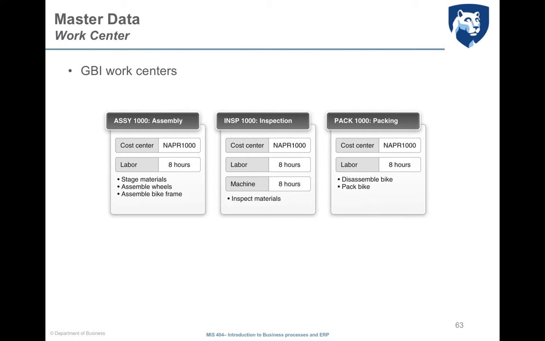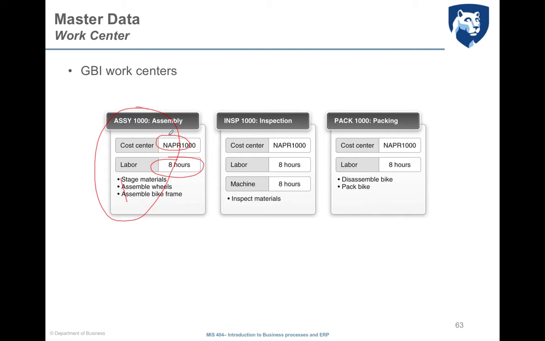This is the detail of GBI work center. For example, ASSY 1000 is the assembly work center. It has 8 hours of labor capacity, and labor is used to complete 3 operations. So stage materials, assemble wheels, and assemble bike frame. So these are the characteristics of this work center,